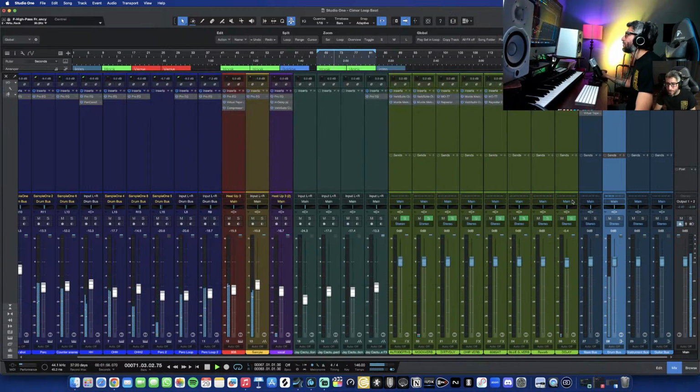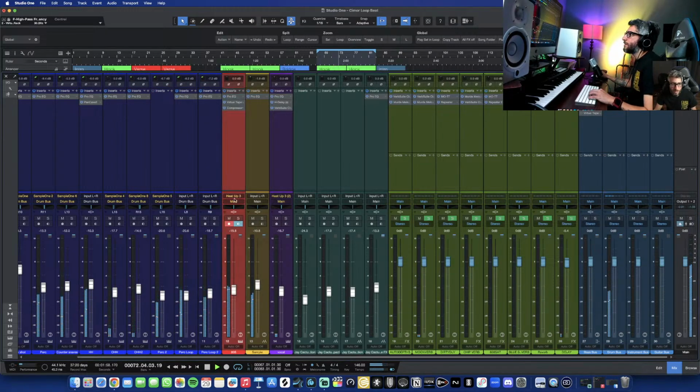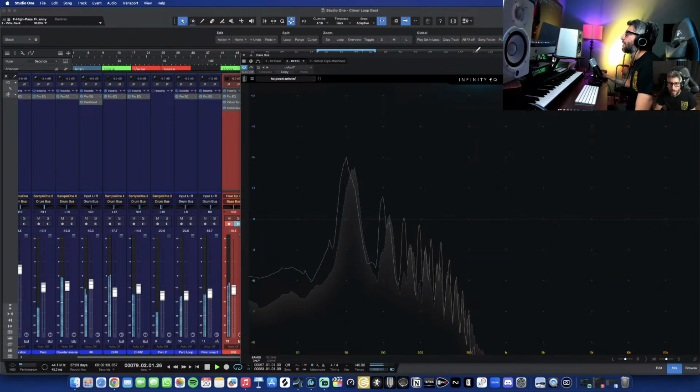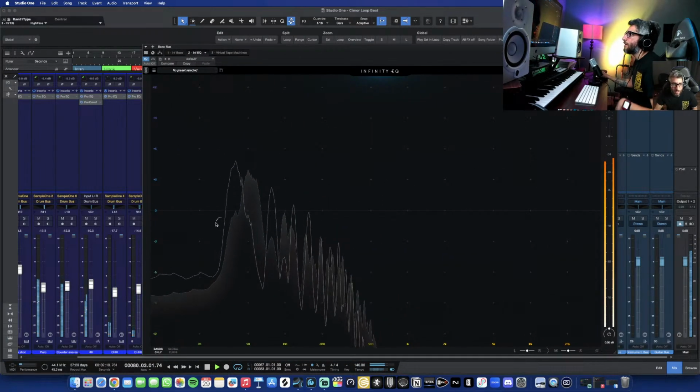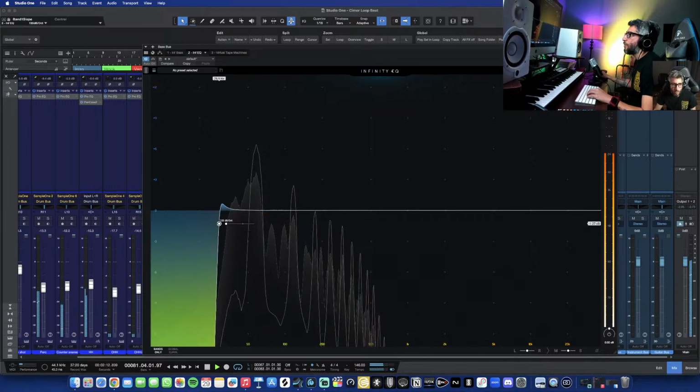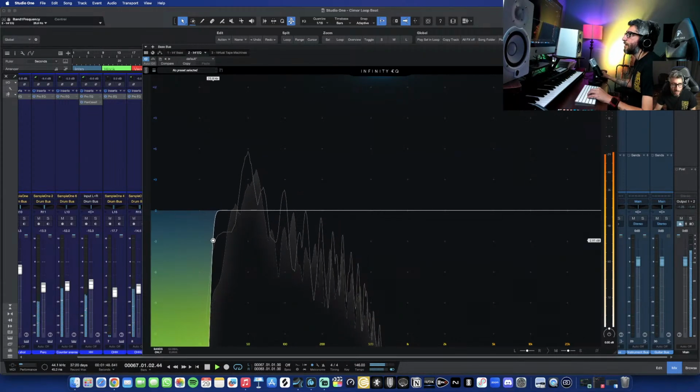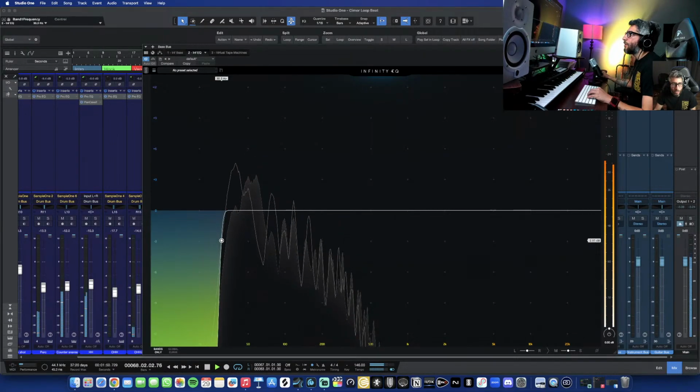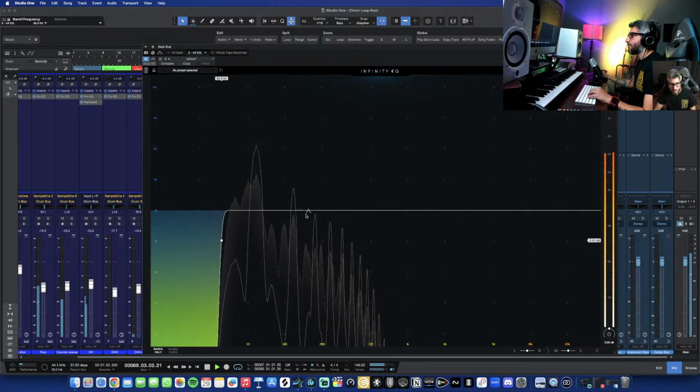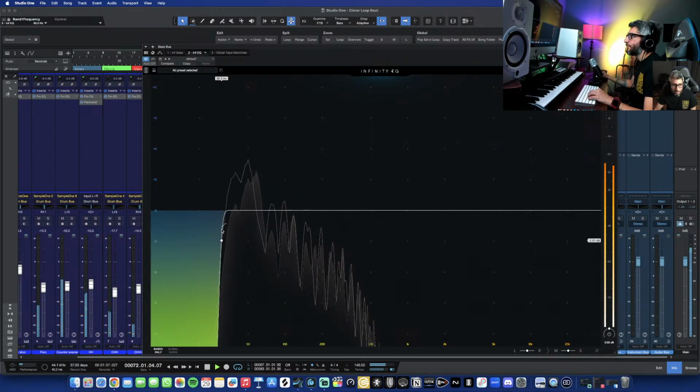So now we're gonna go to the bass. I'm gonna hit the bass bus here. I'm gonna do the same thing. I'm gonna go to the infinite EQ here, see what's going on, and take more low end off of it, just clean it up a lot. And we don't listen to anything under 30 hertz, so I'm just gonna